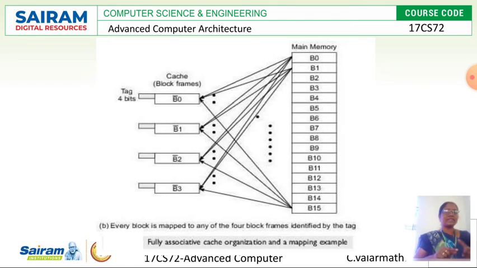Right? So for the first block there are 16 connections. 16 mappings will be done in this placement scheme. Right? Similarly, the second block in cache memory, B bar of 1, will be connected to all blocks of main memory. Similarly, B bar 2 will also be connected to all blocks of main memory. B bar of 3 is also connected to all blocks of main memory. That is why it is called the fully associative mapping scheme.